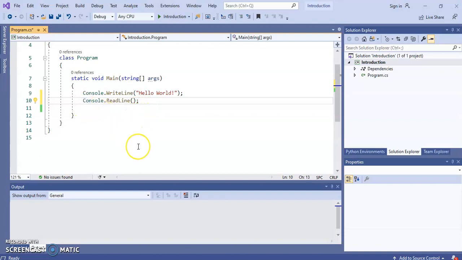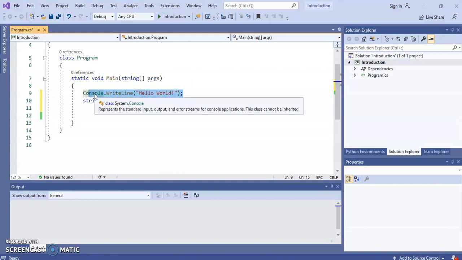For example, here you can write string name is equal to Console.ReadLine. Then if you want to print the name of the person,